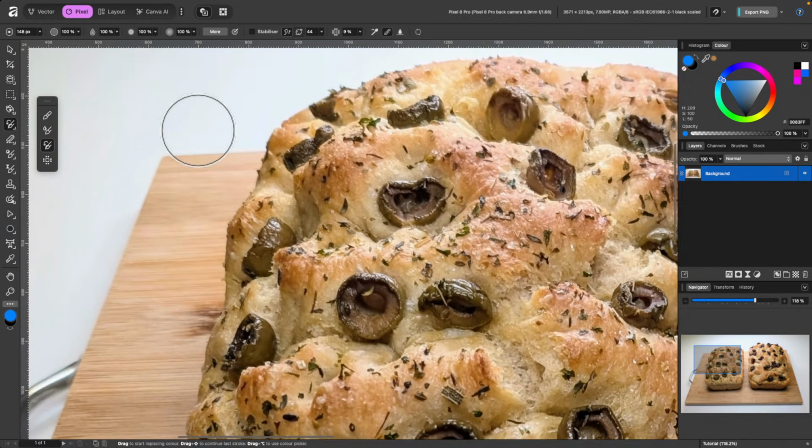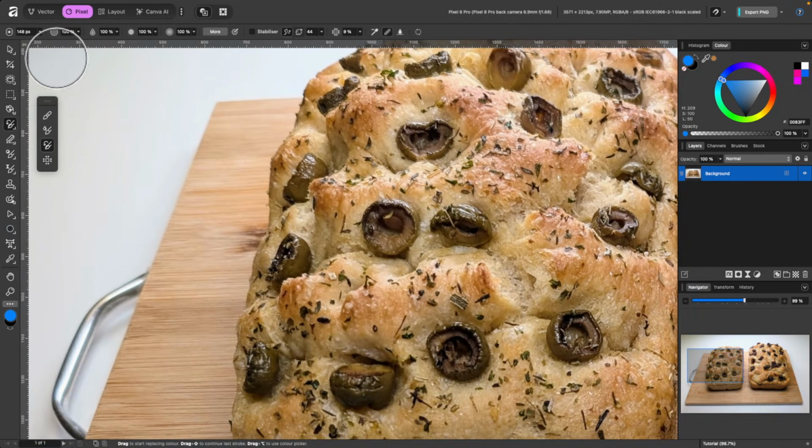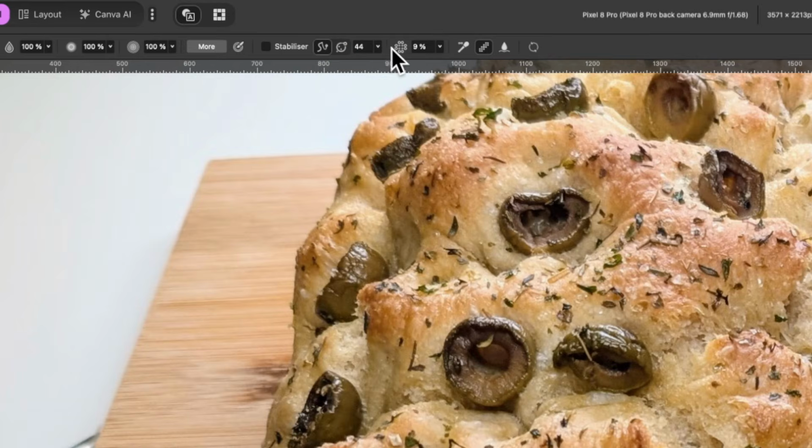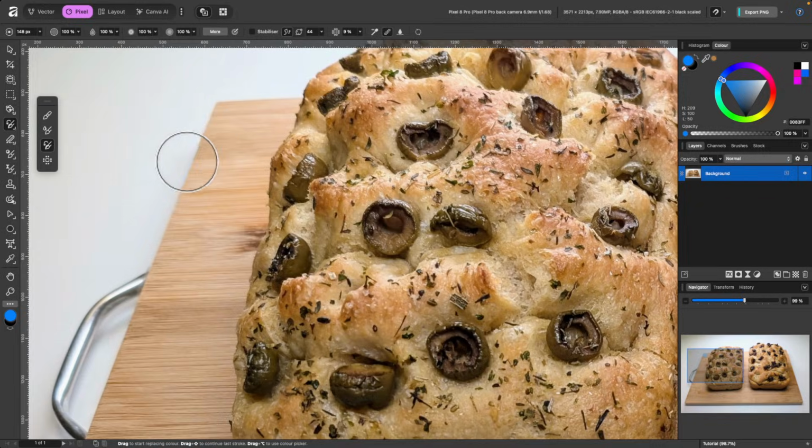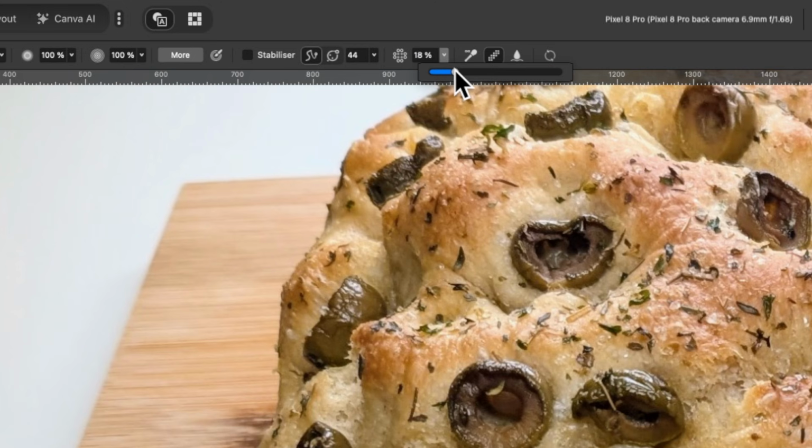And what we're going to do is just zoom in a little bit to this breadboard and look up in the context toolbar. You can see this one here, tolerance. Right now it's on 9%. And also see that sample continuously is off. Okay, so we're just going to test it out as it is. Look, as I hover around, you can see it's just selecting the breadboard here. I haven't pressed down or anything like that, but if I do go ahead and paint, you'll see what happens. So I'm starting to paint, and there we go. So that is at tolerance at 9%, okay? So I'll just press Command Z to go back a step, and I'll up the tolerance slightly more.